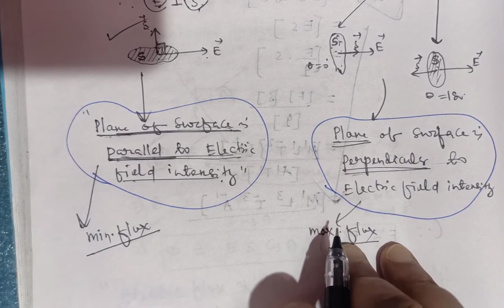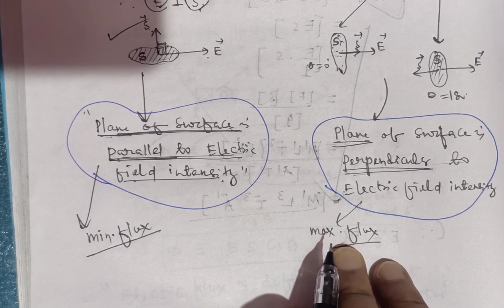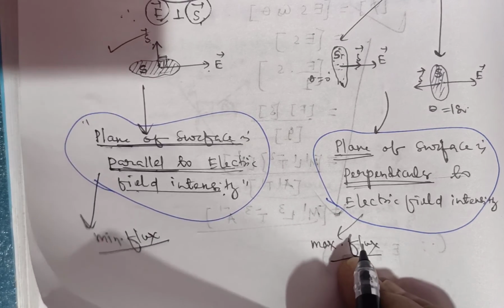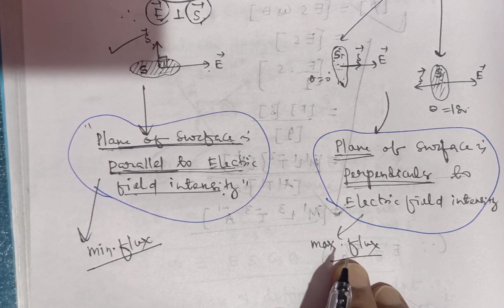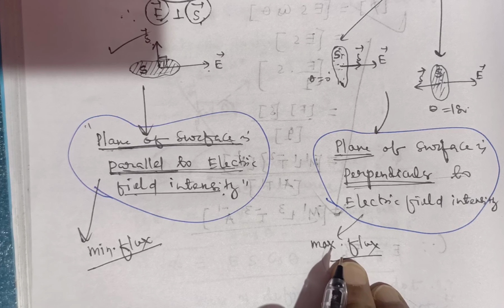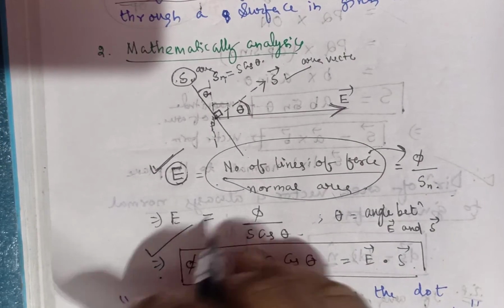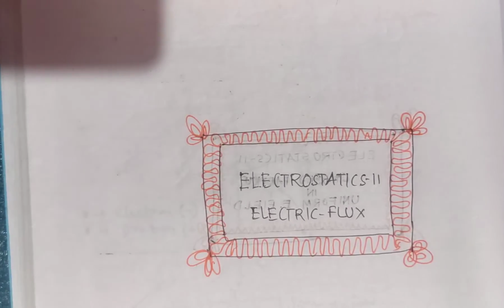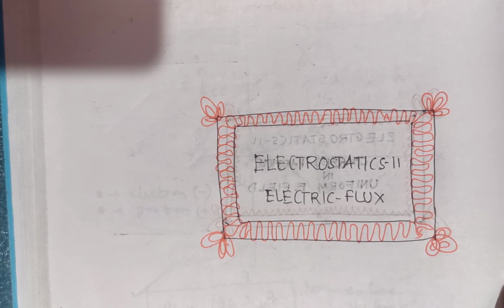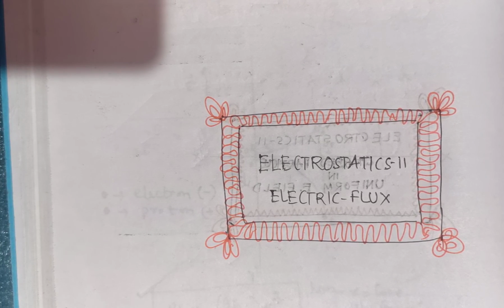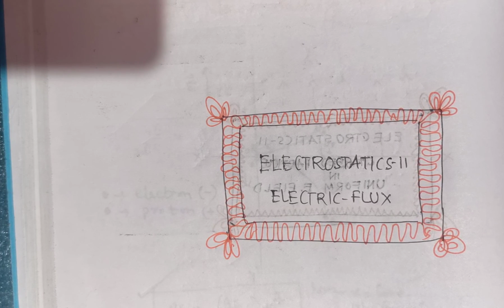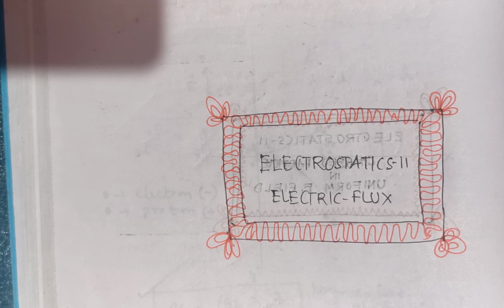So these are the subjects. Today we have read what is electric flux and minimum and maximum amount of flux, its unit and dimension and its definition. And very important is, before going to electric flux, we need the idea of area vector. What is area vector? Again I am repeating, it always helps you. Area vector is always perpendicular to the given surface.